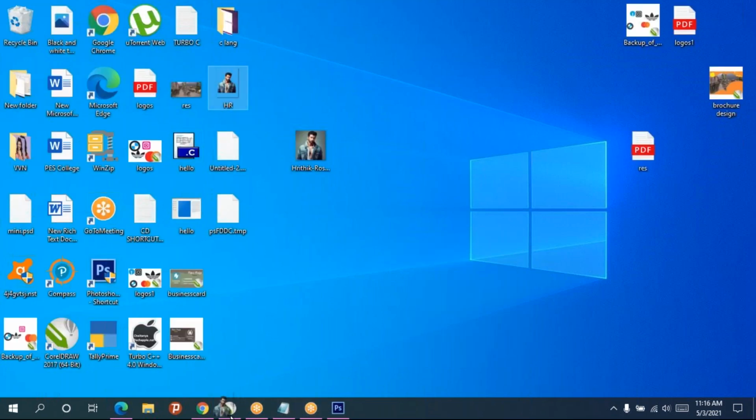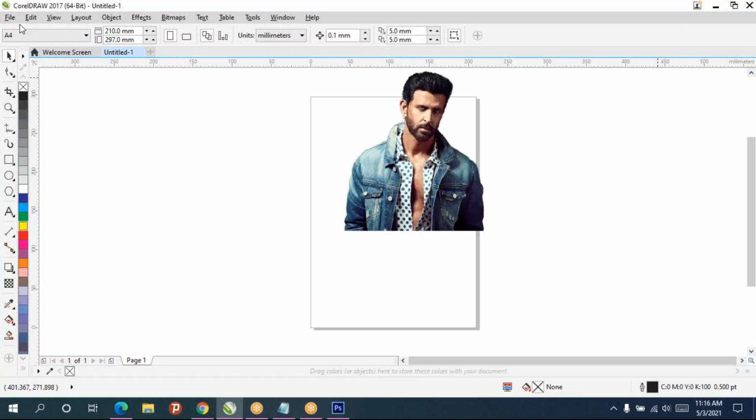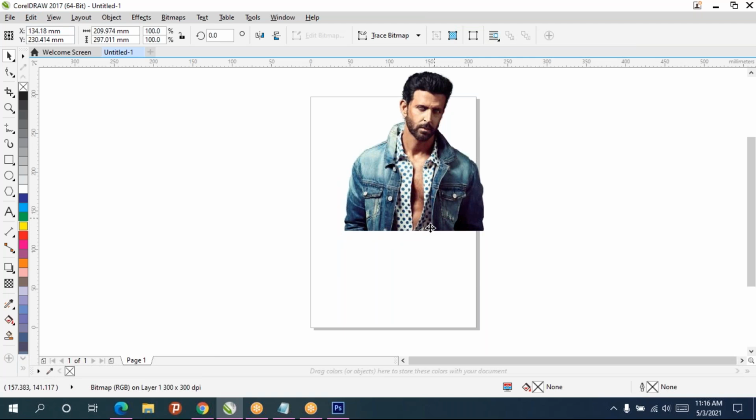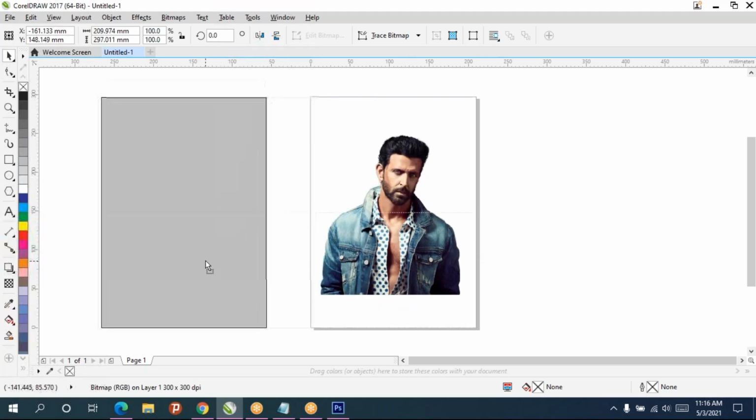This image you can directly drag and drop into CorelDRAW, or else you can go to the import option also. Let it be here only.